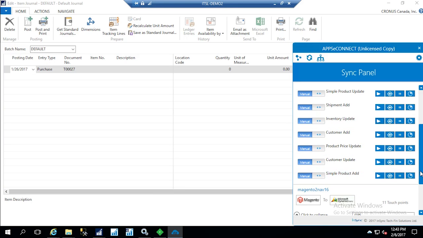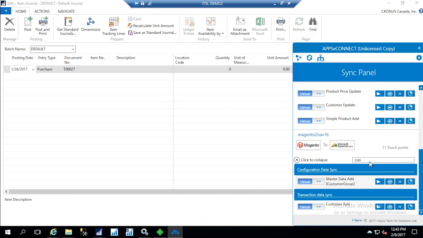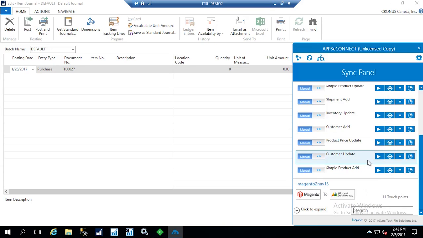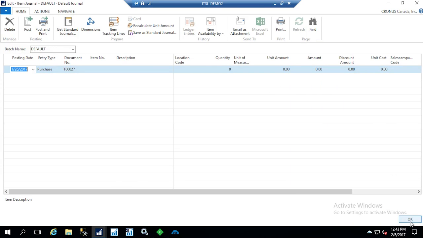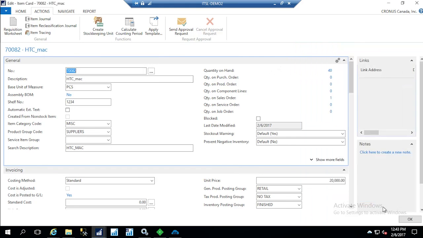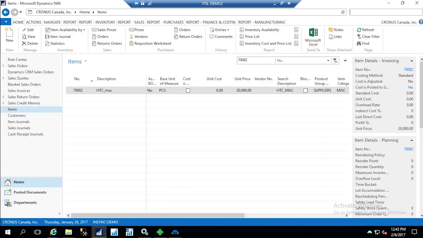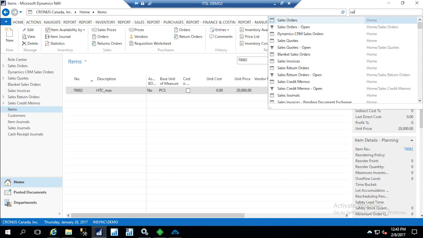Now I'm going into the agent and will show you how you can synchronize your sales order from Magento to Navision, or how you can simply download your order from Magento to Navision. So this is the sales order add. This is the name of the process, and I'm just manually synchronizing the process, and then we'll go into the Navision portion. And this is the search button, and in this search button you can simply type the name of